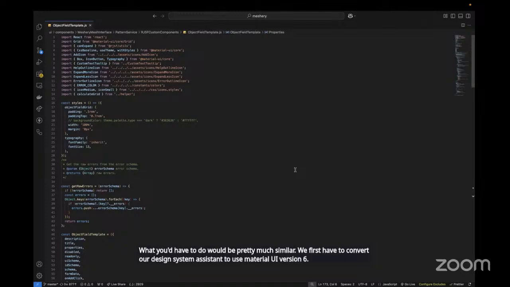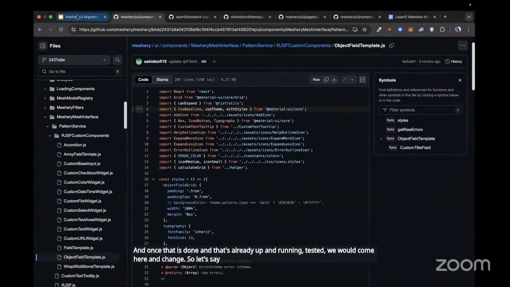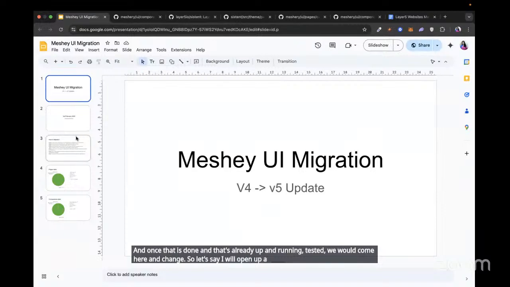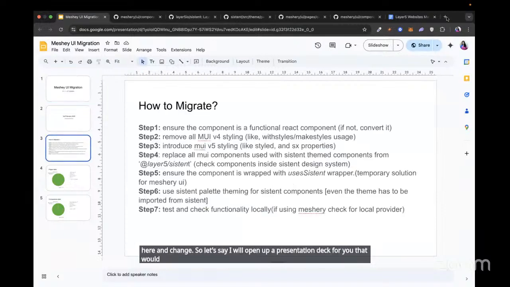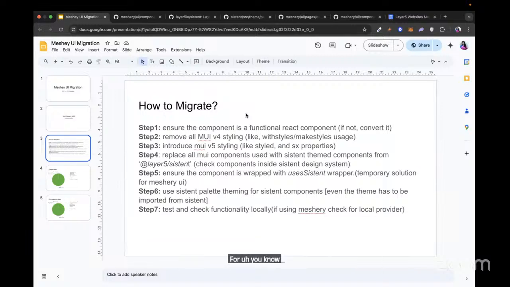Once that is up and running and tested, we would come here and change things. I'll open a presentation deck that will help us understand more. We would follow these 7 steps for any form of migration on the Meshery UI components.